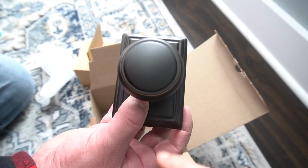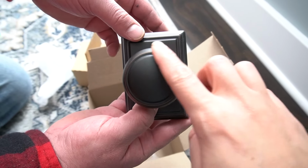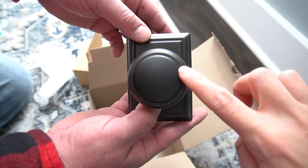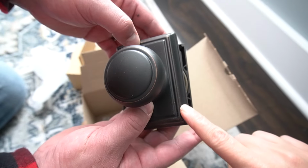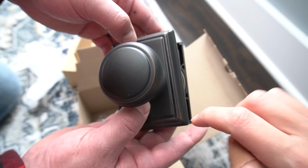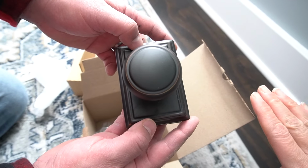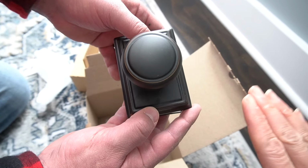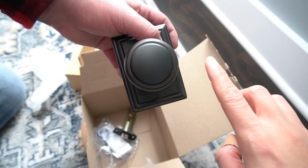So these are the new knobs that we went with for these new doors. As you can see, they're nice oil rub bronze, and they have a really nice detail around the edge of the knob. And then it has this beautiful rectangular piece on the back. I thought if we're gonna go ahead and put really nice doors on here, I want really nice doorknobs. So we went ahead and did this, and I absolutely love the detail of these and how different they look